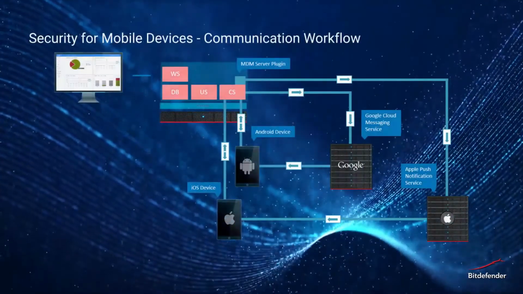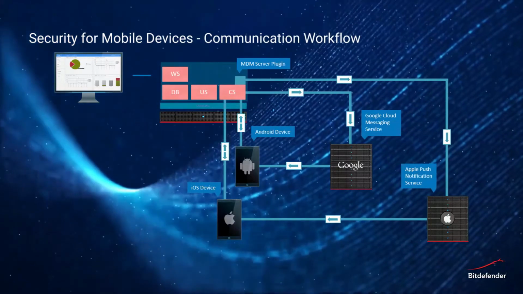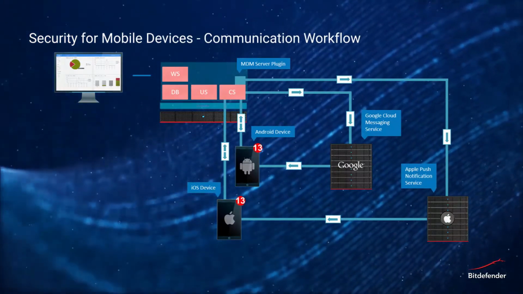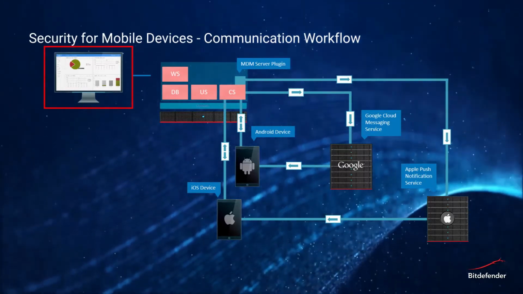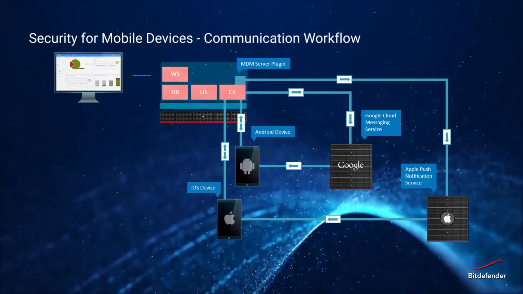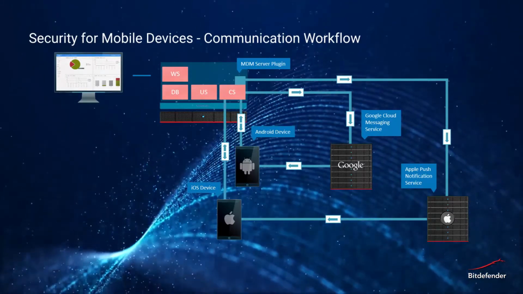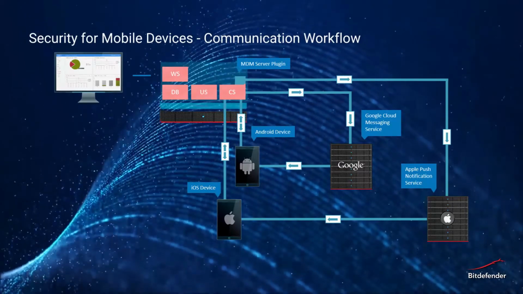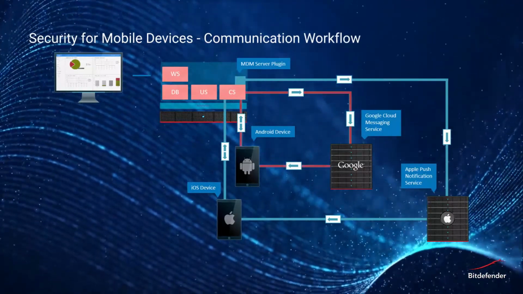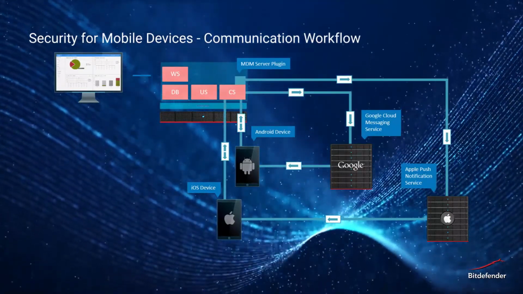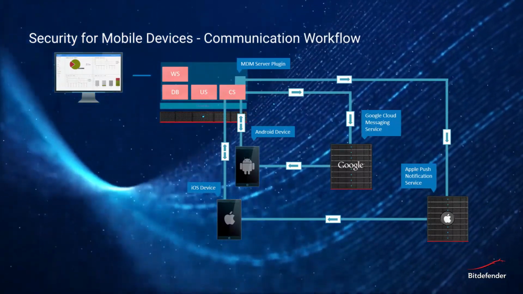This diagram describes the communication flow between Control Center and the managed mobile devices. Push notifications are synchronization requests, used to prompt devices to connect to GravityZone communication server, in order to get policy updates and tasks. They do not include policy updates or tasks, but only inform the device that it must connect to GravityZone Control Center. Normally, the synchronization of mobile devices with communication server is done automatically through the push notifications mechanism. The user can also manually synchronize the mobile device with the server by tapping the Synchronize button in the